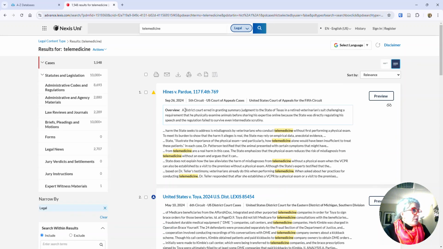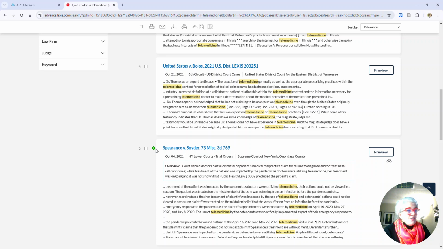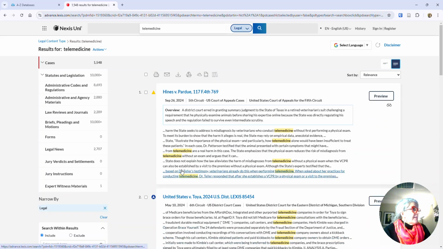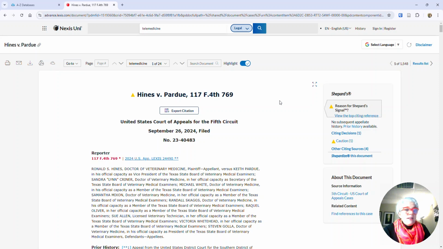First thing that comes up, you'll see the title of the case, the date, the court, and the type of court. And you'll also see these little triangles and other symbols next to the cases. You're probably going to want to be looking for a green symbol because what this is referring to is its Shepard's category. Shepardization is a process that cases go through where they're followed through time, and Shepard's identifies whether other